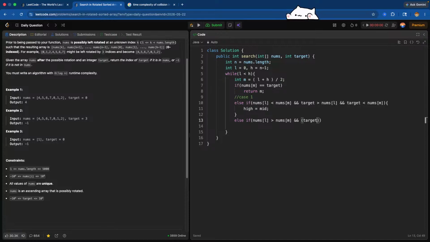Then if target is greater than nums of l, or target is less than nums of m,